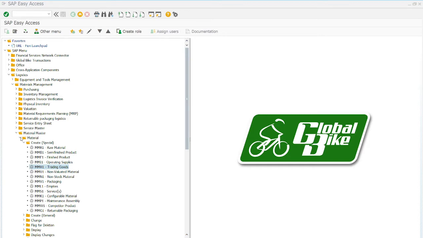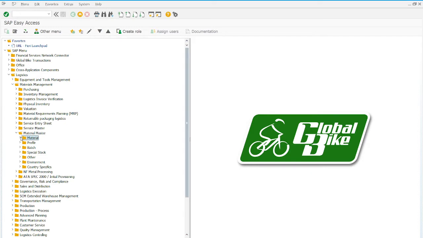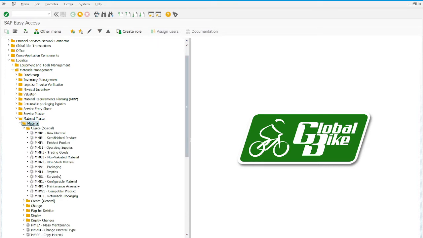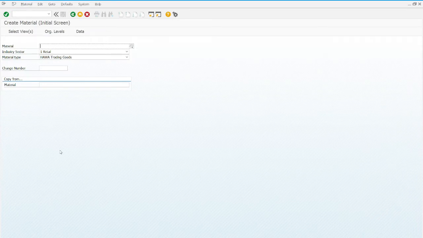Now I'm going to minimize this part here. So it's going to be inside logistic, material master, material management, material master, material, still inside here, create special, and we're going to be doing trading goods again. Now, in terms of here, we need to enter the material code that we have created just now. For mine, it's going to be CHLO